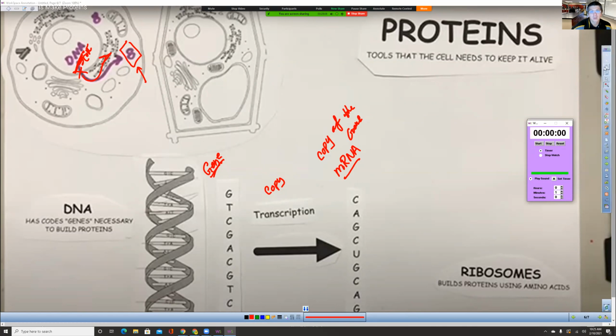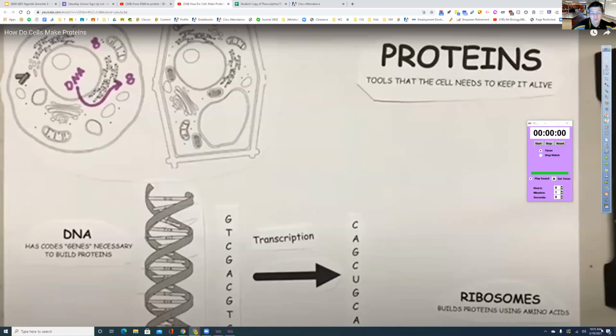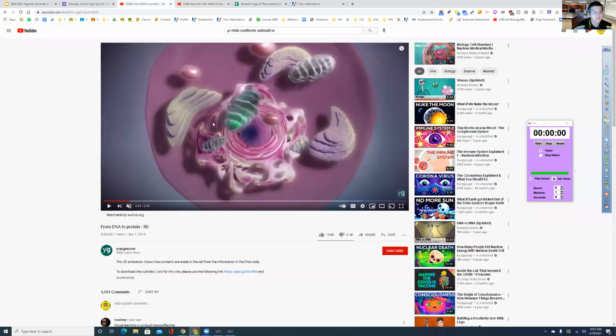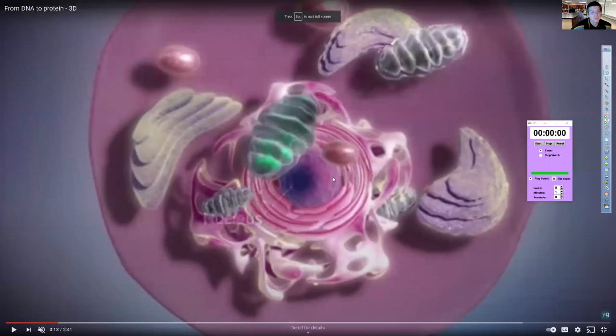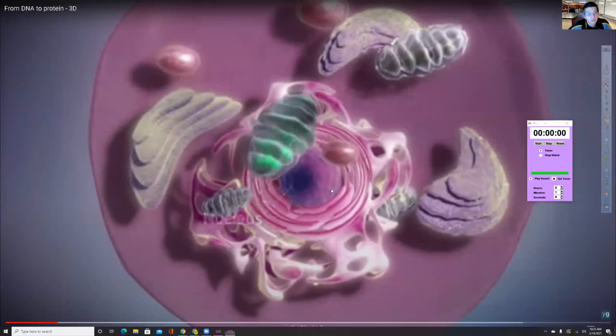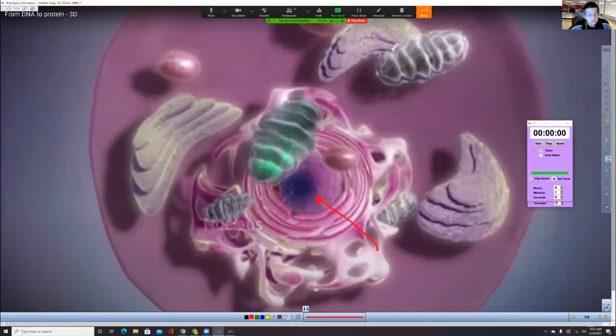So let's go ahead and show you what this looks like. Let me show it to you guys. Let's blow this up and get oriented a little bit. Remember, this is the nucleus. Let's put it in a different color so we can see, maybe black. So, nucleus. And inside the nucleus, remember, the DNA is inside of there. Here's the nucleus, this thing right here.